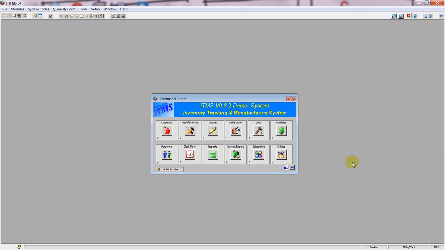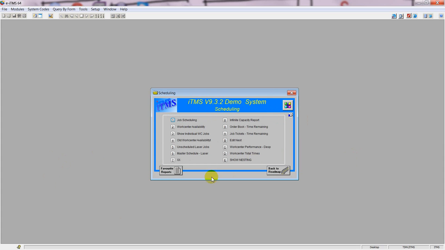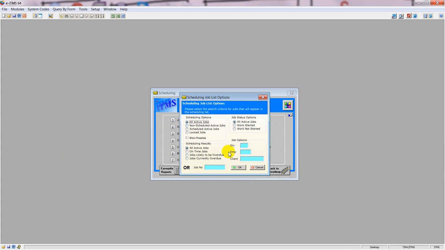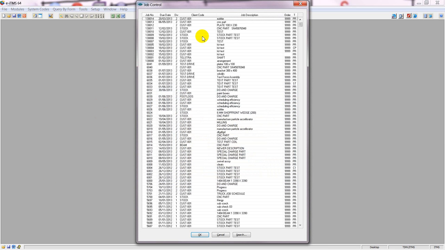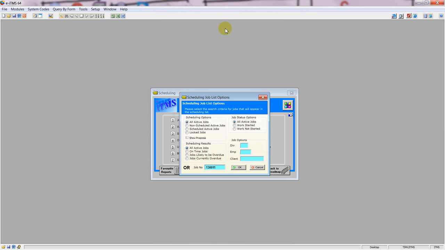Right, okay, this is some information on the scheduling module in iTMS. So, scheduling. There's a couple of kinds of scheduling. One of the kinds of scheduling is what we call job scheduling, where it takes an individual job